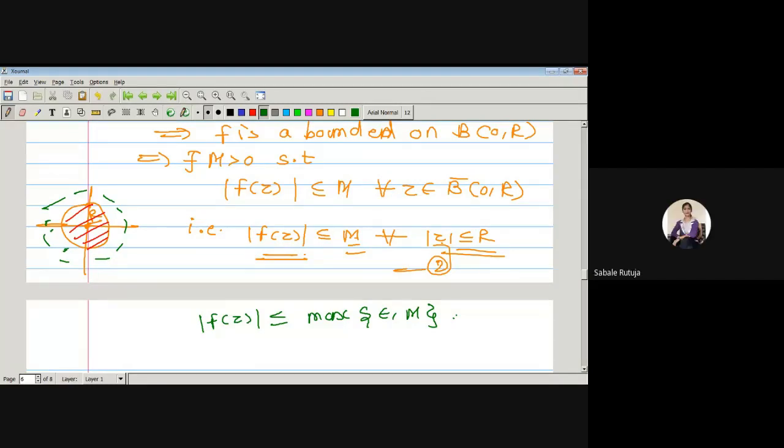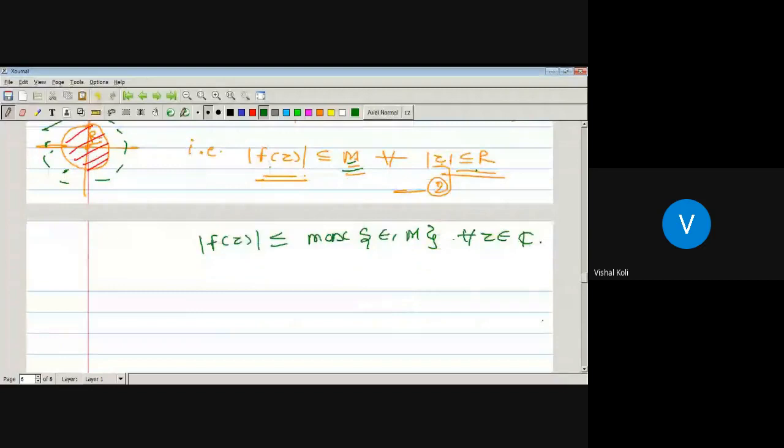Yes, sir. सर्कलच्या मध्ये फंक्शन बाउंडेड आहे कॅपिटल एम नी, सर्कलच्या बाहेर तो बाउंडेड आहे एप्सिलॉन नी. म्हणजे दोघांपैकी जो मोठा असेल त्यासाठी तो पूर्ण कॉम्प्लेक्स नंबर सिस्टीम वर बाउंडेड असेल. कोणाला काही डाऊट यामध्ये? नो सर. सर्कलच्या मध्ये एम नी बाउंडेड आहे, सर्कलच्या बाहेर एप्सिलॉन नी बाउंडेड आहे, तर टोटल कॉम्प्लेक्स नंबर सिस्टीम वर त्या दोघांमध्ये जो मोठा असेल त्याच्याने तो बाउंडेड असेल.